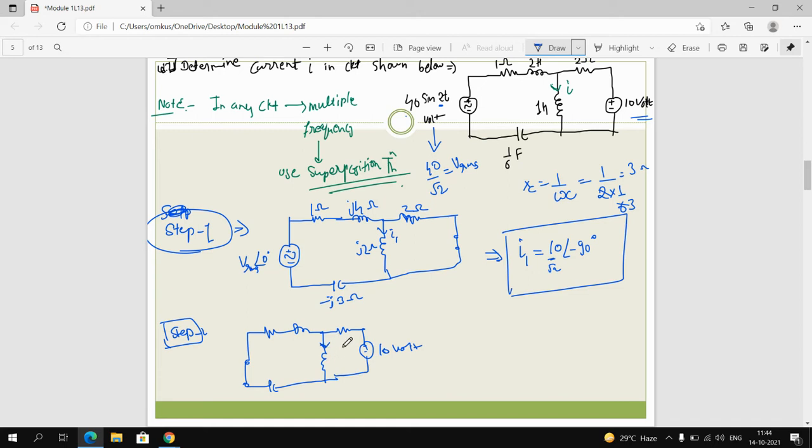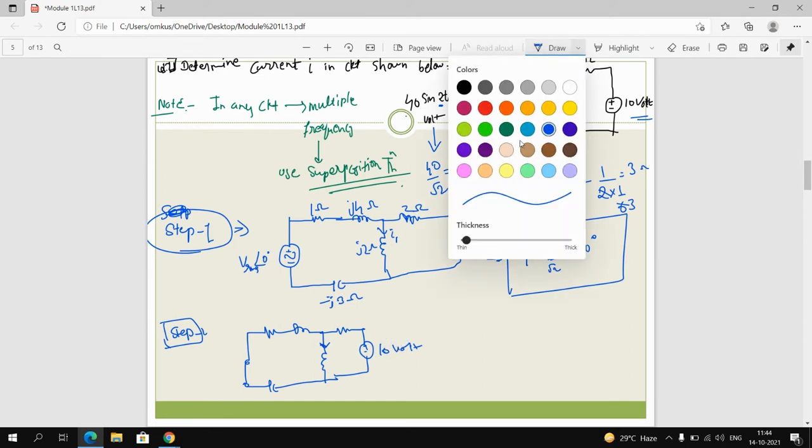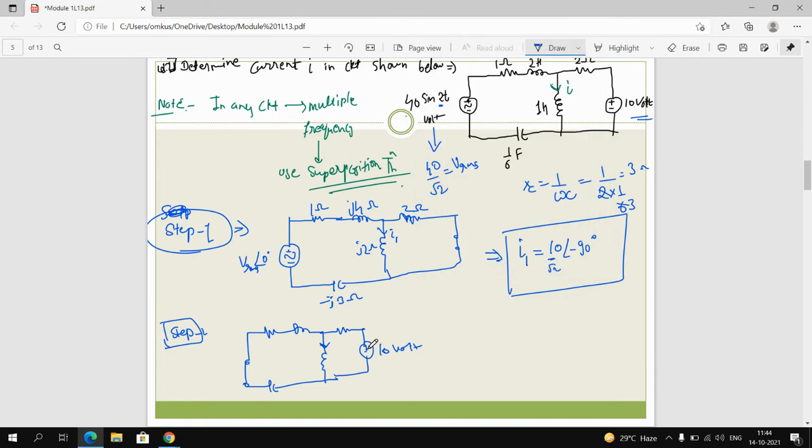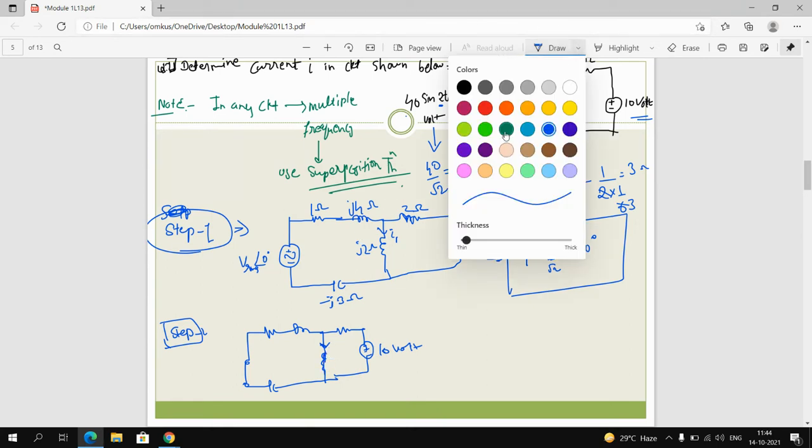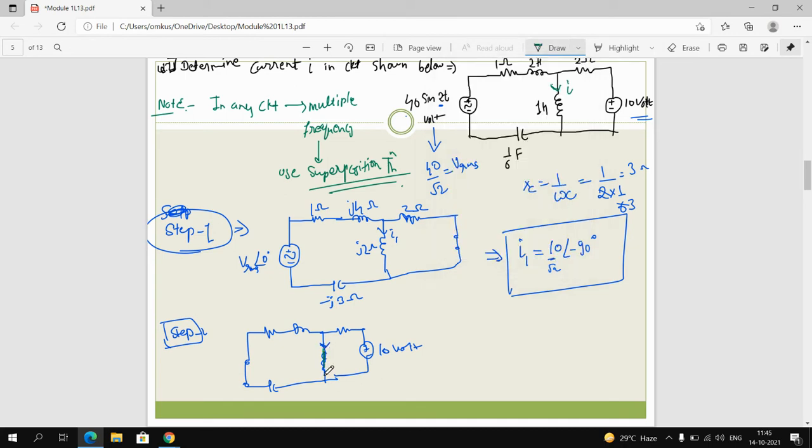Now see, when you deactivate this AC source for this DC analysis, in that case you need to use the concept of DC, because you have deactivated the AC source from this circuit, now you have the DC source. So the DC source will act according to DC behavior, right? So this will get short circuited here. So this is short circuited in this theorem for the DC circuit. So the whole current will flow from here, which is nothing but I2.